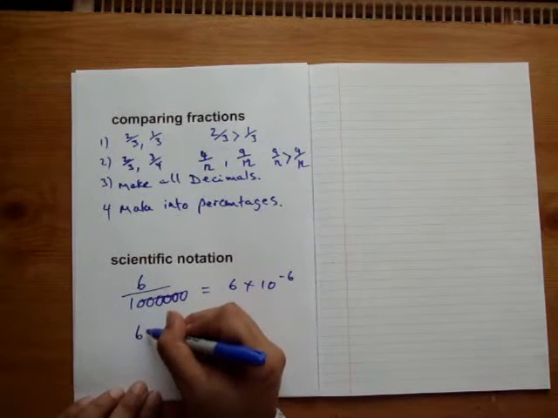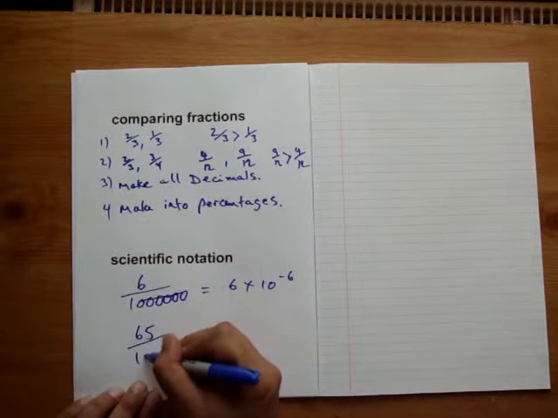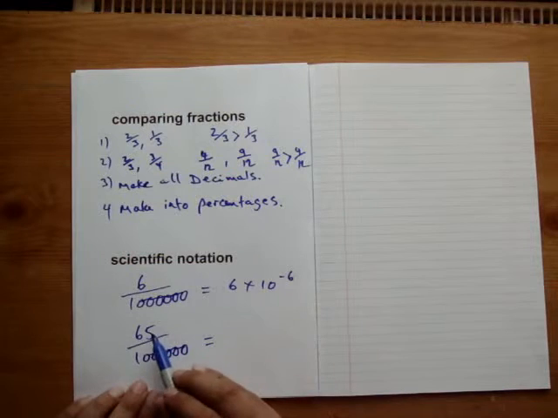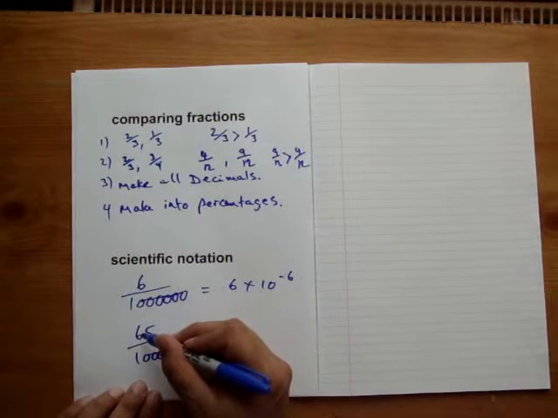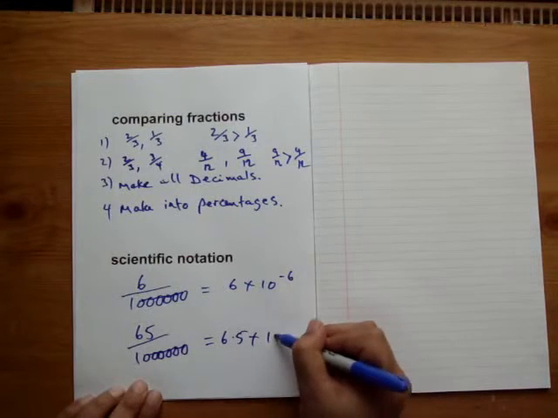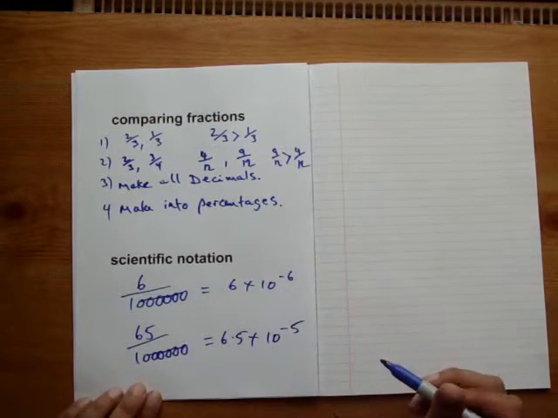However, if we were given 65, we need to make that into just one number and a decimal point and then the 5, and that becomes, there we go,